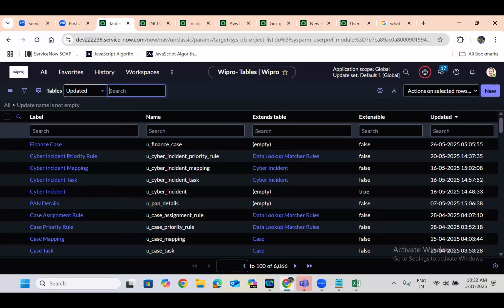Only in your personal developer instance, you will have ITSM. In my personal developer instance, I have the CSM application as well. I installed the CSM application in my personal developer instance. That is why I'm able to see extra tables here. But in your personal developer instance, as you don't have the customer service management application, you can see only 5500 tables. Okay. So all these tables are